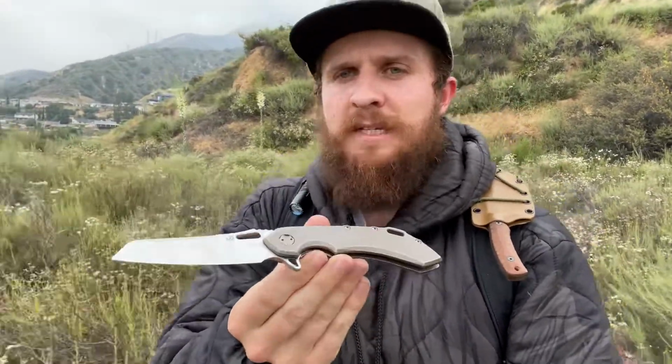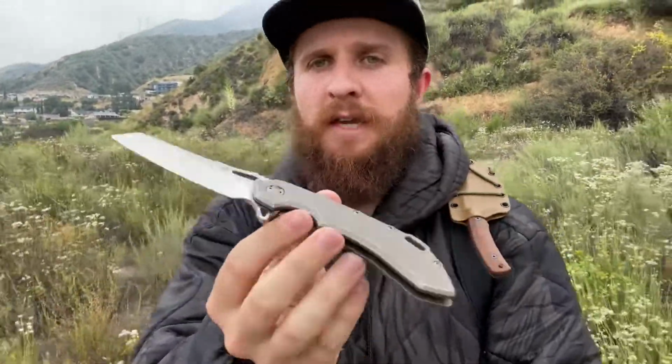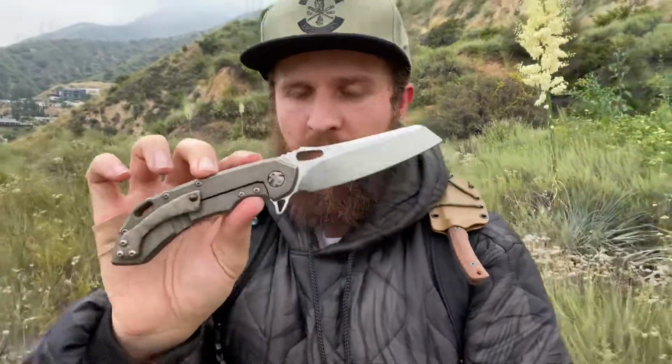247s. And if you want to see more glamour shots of this one, watch my first impressions. That whole thing was close-ups of the knife, and you can see it in a little better detail, although I hope this is coming through pretty well on here as well. But yeah,